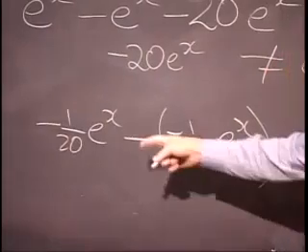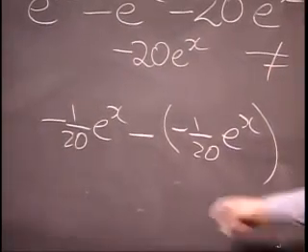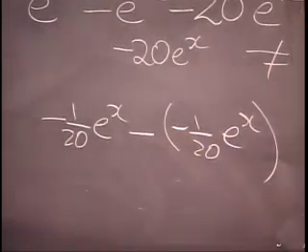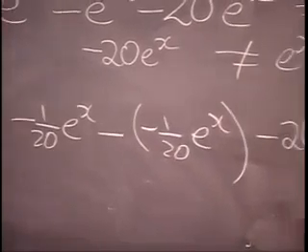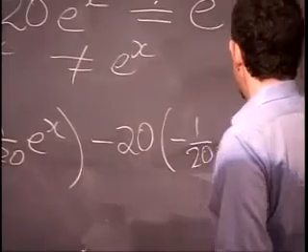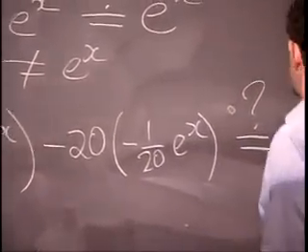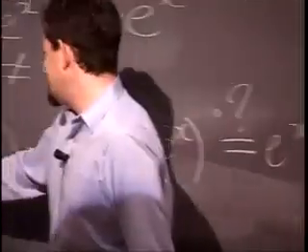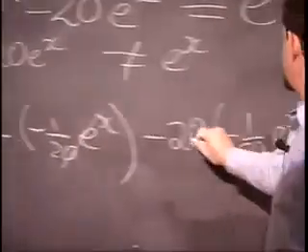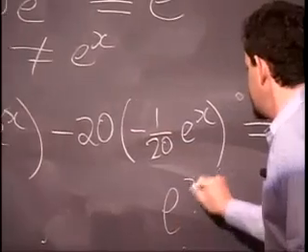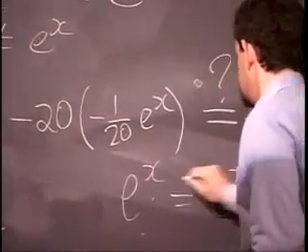So minus 1/20th e to the x, that's y double prime, minus 1/20th e to the x, that's y prime, minus 20 outside of minus 1/20th e to the x equals e to the x. We don't know. Let's see. I get minus a 20th plus a 20th, so that cancels. And minus 20 times, look, I got e to the x. Yes. So I found a solution just by brute force in this case, by guessing it, more or less,